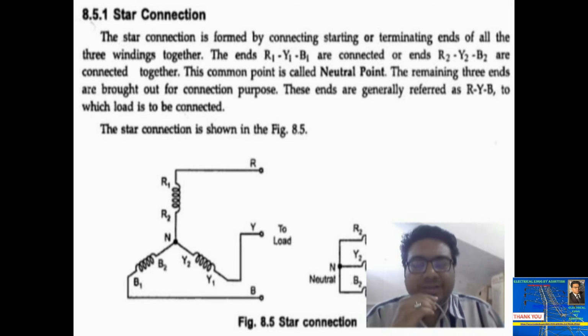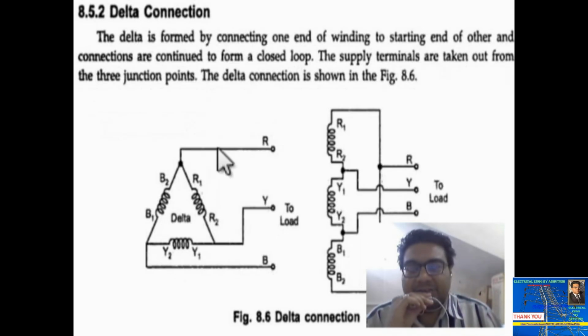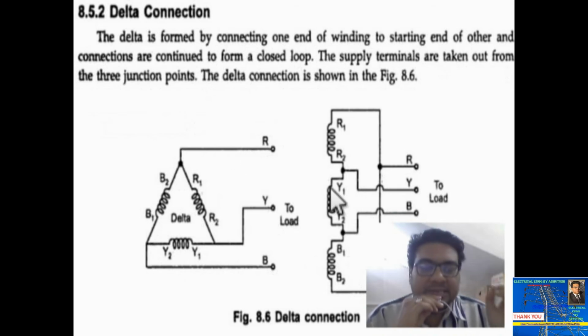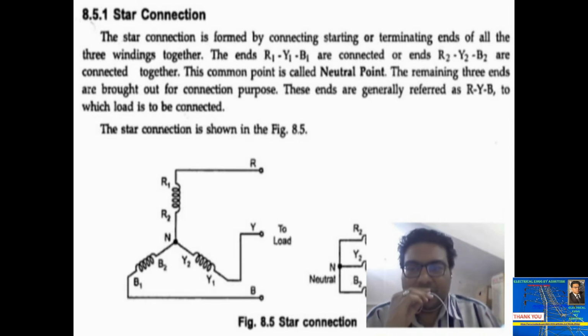So guys, now we will see how the circuit of a polyphase or three-phase system will look. There will be two connections of the polyphase system basically. You can see the first one is called star connection and the second one is called delta connection. So these are called polyphase systems. Both belong to the polyphase system. The first one is called the star circuit. You can see here, guys.